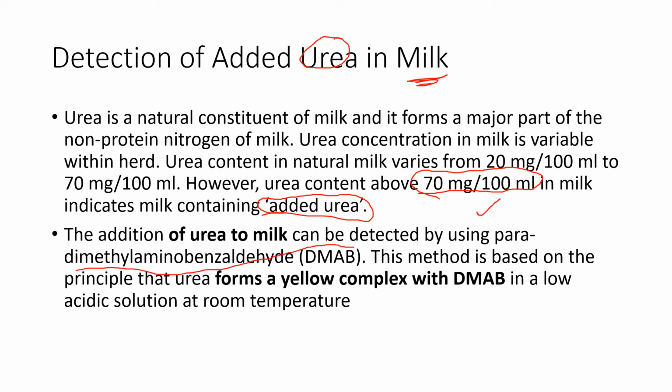Okay, just remember DMAB. Urea gives out a yellow complex when you react it with this reagent. Just remember urea, the normal levels, and the reagent dimethylaminobenzaldehyde, which forms a yellow complex with urea. Guys, you have to note it down: the reagent, the color, and what is the final output, and also if they give any normal value, just note it down.